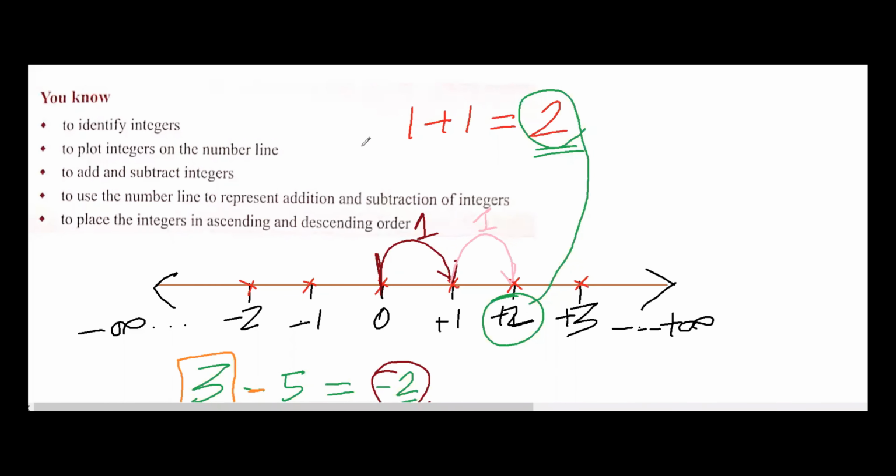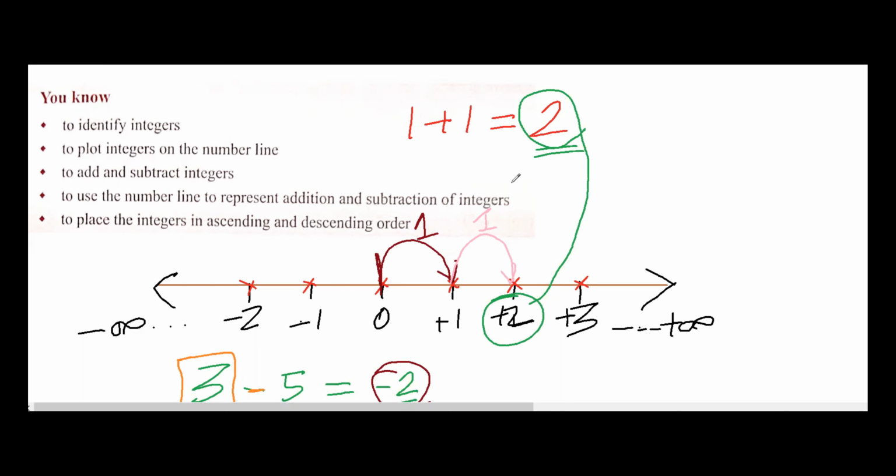Okay, so we have these bullets to start with in the integer chapter. First is to identify integers. We can identify integers as 0, 1, 2, 3, 4, 5, 6 till infinity, then -1, -2, -3, -4 till infinity. We can plot this on a number line as I discussed here. We can also perform addition and subtraction using the number line, which I explained here.